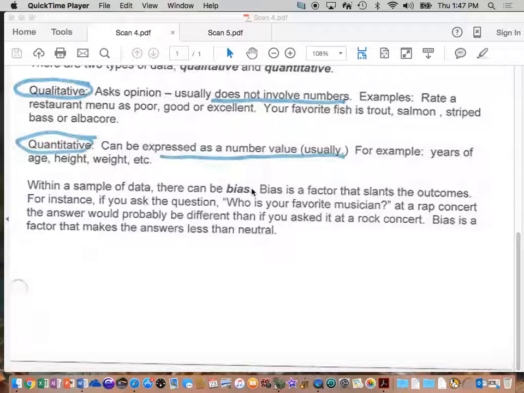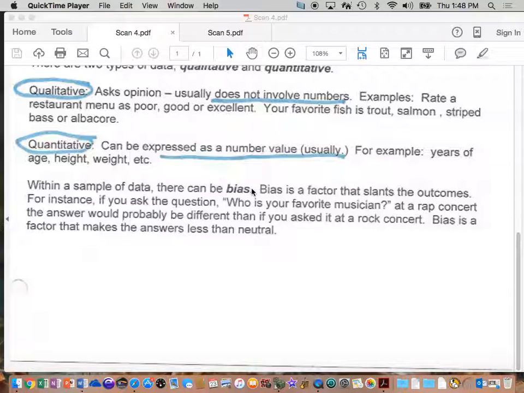Now, what if I went to a sporting event? What if I went to a New York Knicks game and I said to the fans, I'm going to make a survey. I want to know, what is your favorite sport? What do you think is going to win? Basketball. Basketball. Where am I? Basketball. A basketball game.